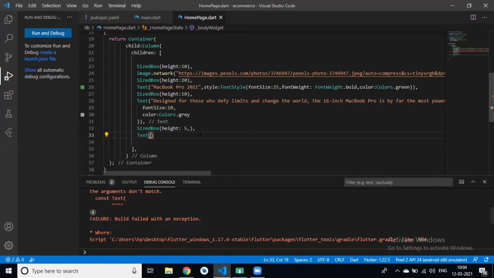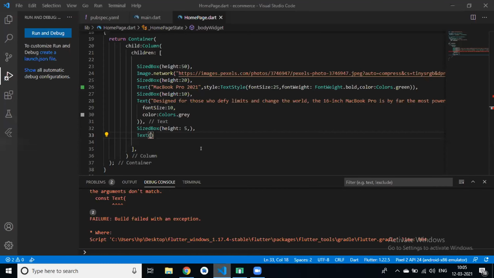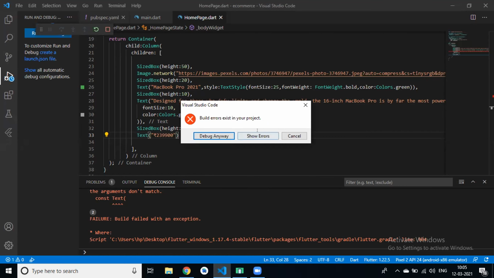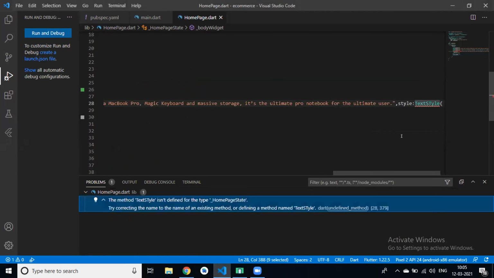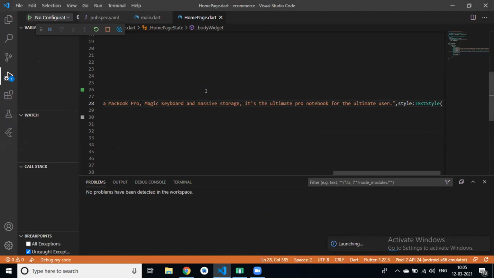Okay, we can do one thing. We can do payment in INR, okay? Where is the error? Okay. We will wait for this design, then we can integrate our payment gateway, okay?